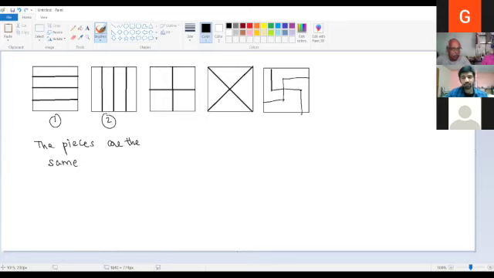So now, instead of counting the way we draw the lines in the square, let us try to count the pieces that we get. So now, can we draw the squares in different ways where we get different pieces? So the challenge is now for us to get a few more different ways of dividing the square into four identical parts. So what are the other ways that we can do? What other ways can we still divide the square into four identical parts?